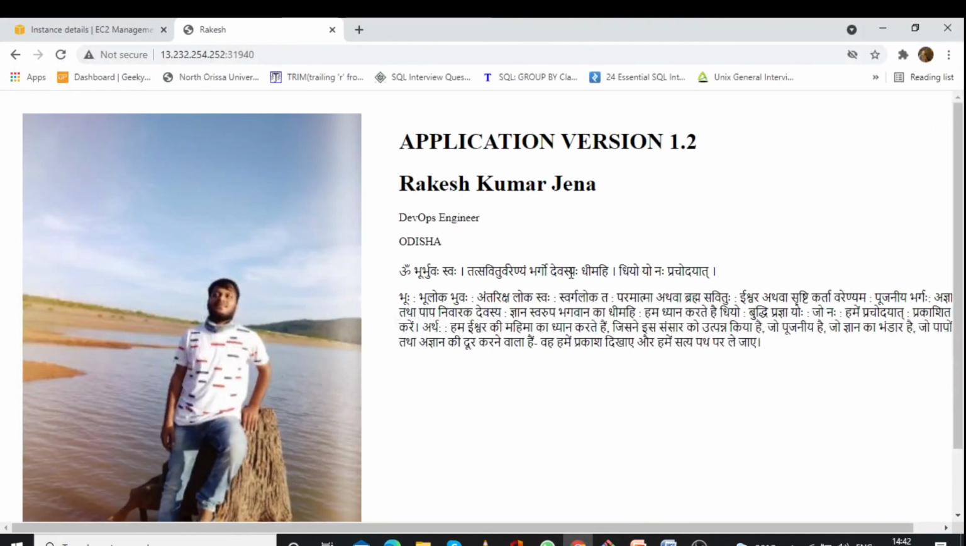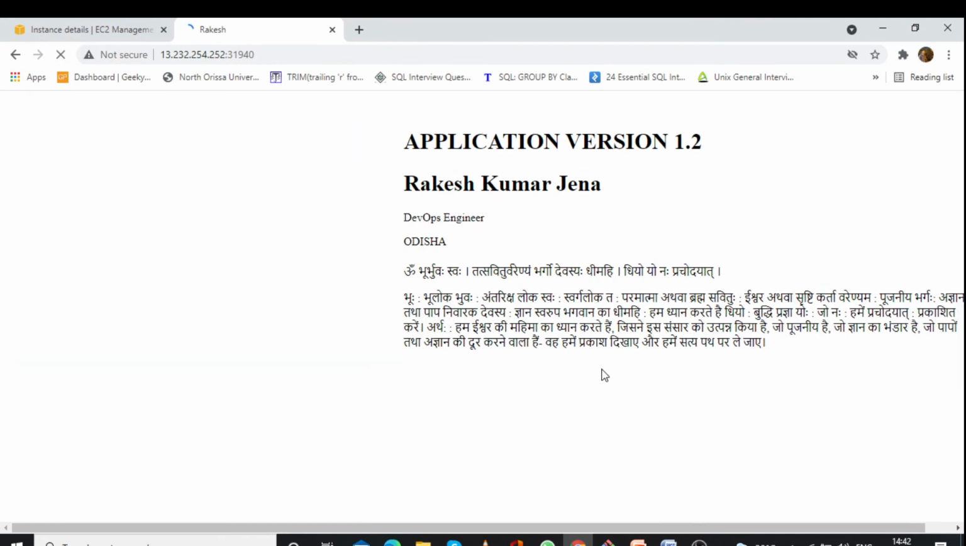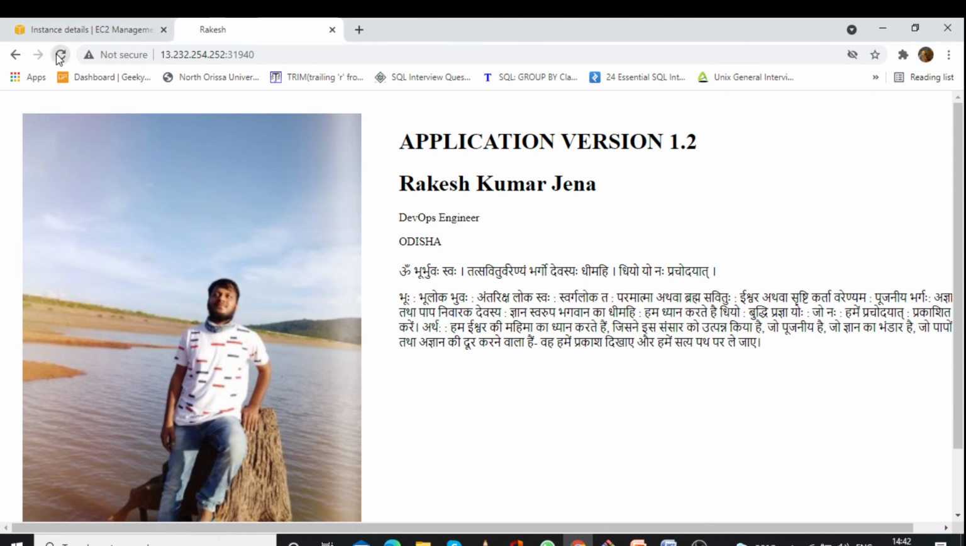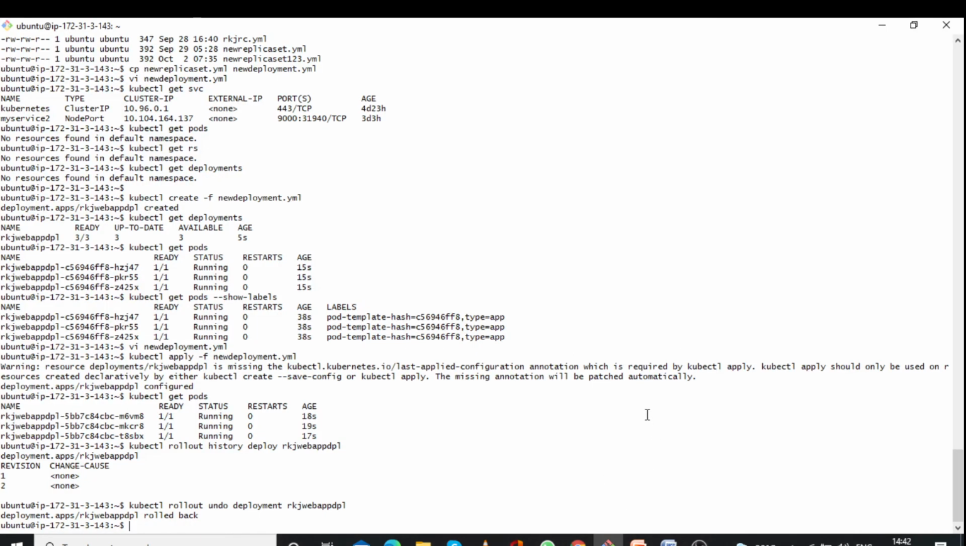So now just reload the page. It will take some time, just a second. Yes guys, you can see now it is 1.2, sorry, now it is 1.1. So through deployment we can do rollback in this way. Okay,